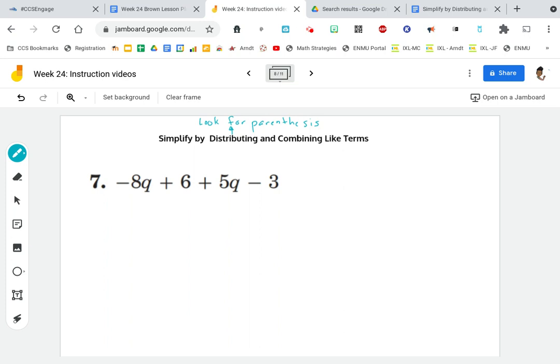So our problem number 7 says negative 8q plus 6 plus 5q minus 3. Well, the first thing we would do, if possible, is to distribute. But as you see, that problem does not contain any parentheses. There's nothing there to distribute. So all we have to do is really combine like terms. So let's identify like terms. Remember, like terms have the same variable